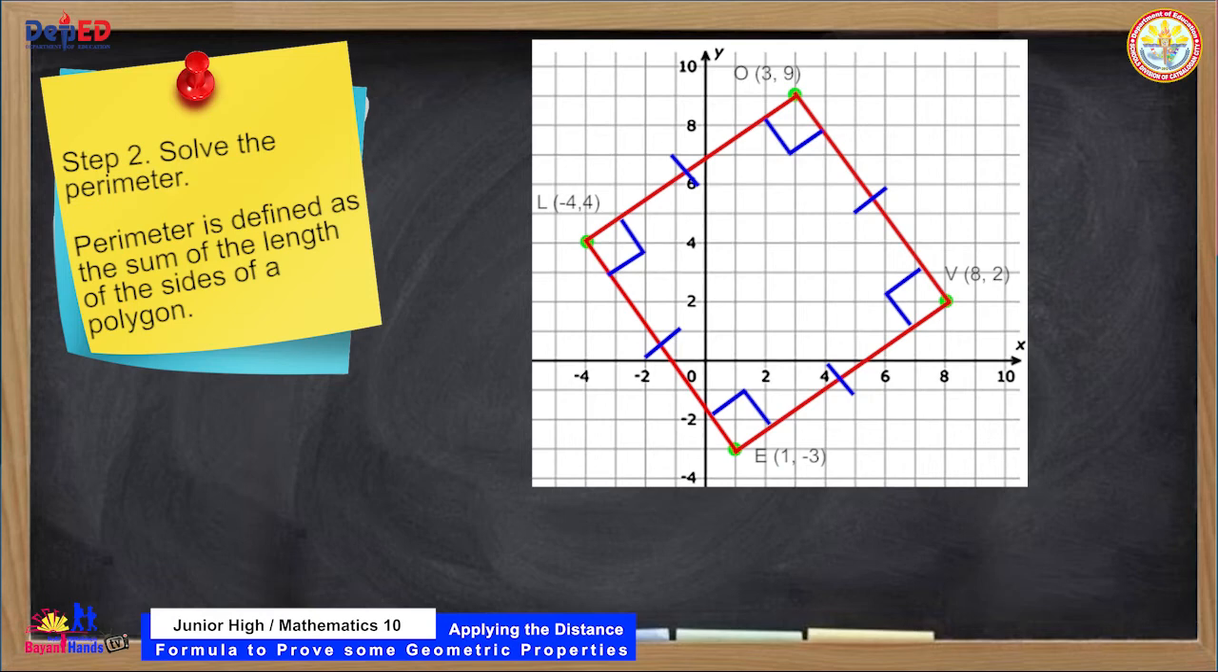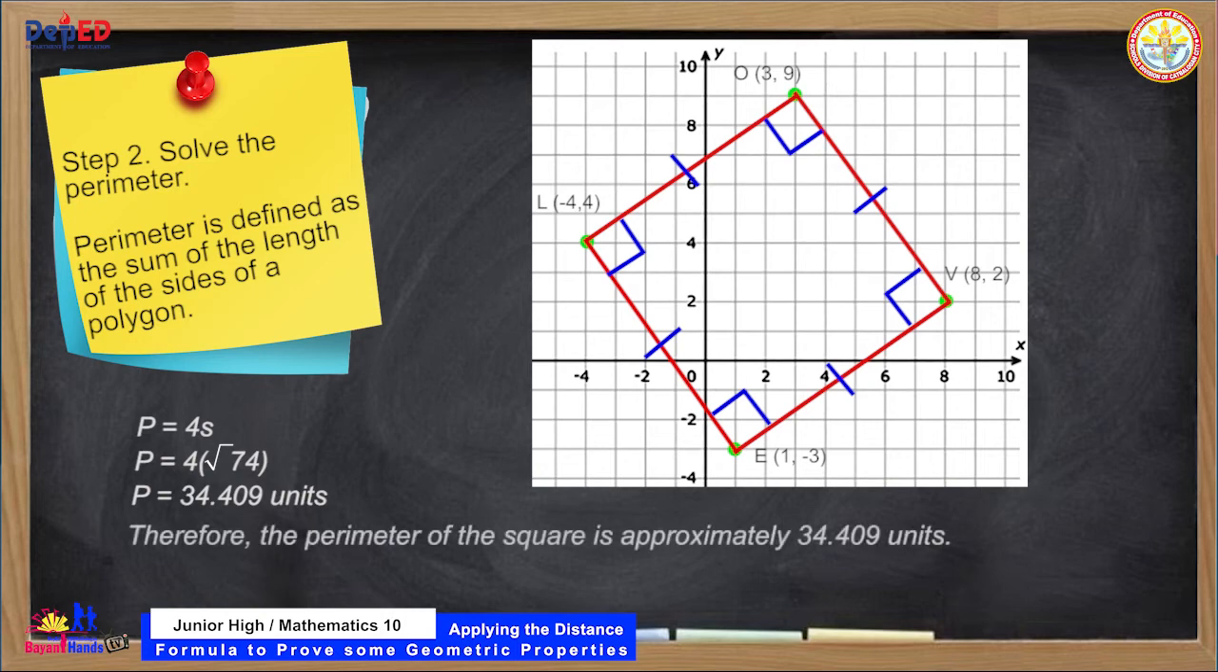Perimeter is defined as the sum of the length of the sides of a polygon. To solve for the perimeter, we use the formula P is equal to 4S, where S is the side of the square. By substitution, we have P is equal to 4 times the square root of 74. Using the calculator, P is approximately 34.409 units. Therefore, the perimeter of the square is approximately